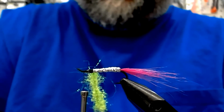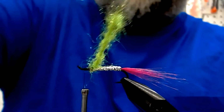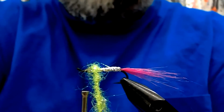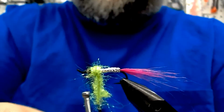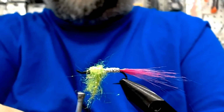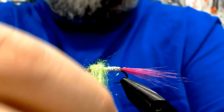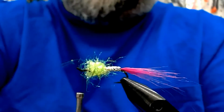So anyhow, we're putting it on heavy here. So now we got her good and spun up. I'm going to work back just a little bit. And as it bulks up, I rolled over the front. Bulk it back up this way. And you see, once you get it